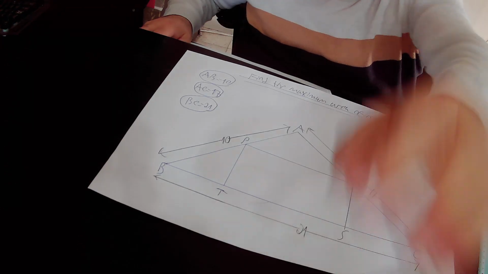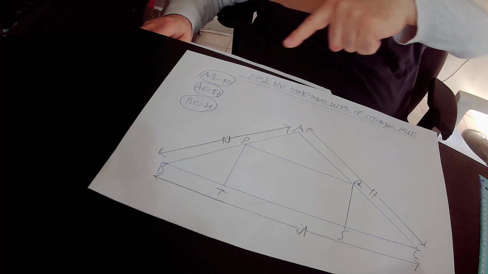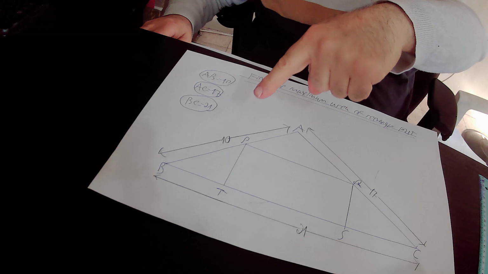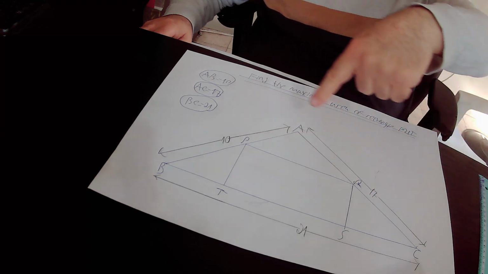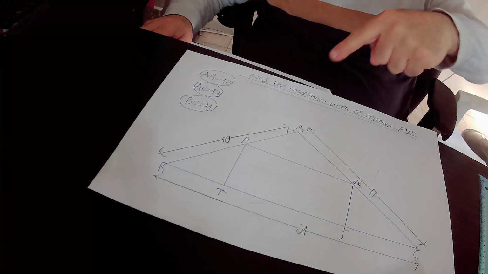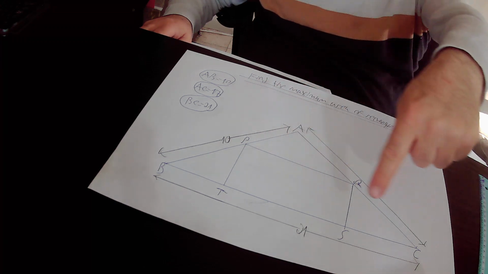Hello, in this lecture we find out the maximum area of a rectangle that is inside the triangle. In the drawing we have triangle ABC. Inside this triangle we have rectangle PQST, and our mission is to find out the maximum area of this rectangle